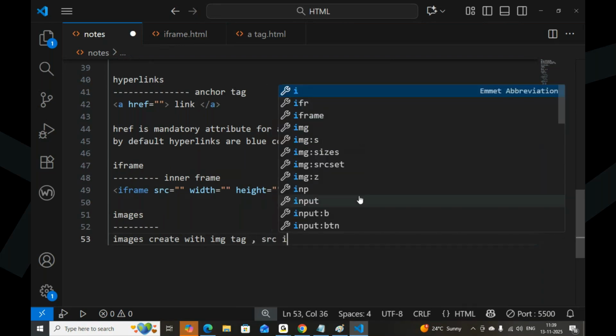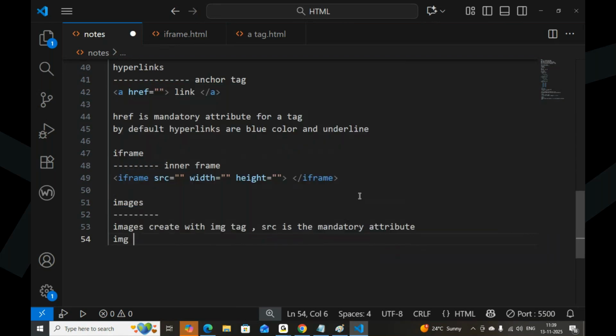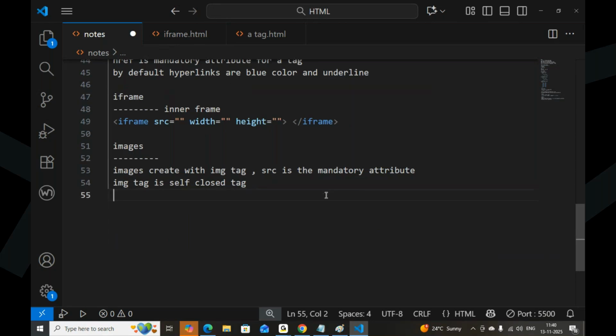SRC is the mandatory attribute. And the IMG tag is a self-closed tag. Let's go. IMG SRC.